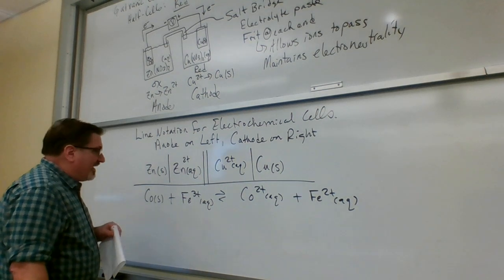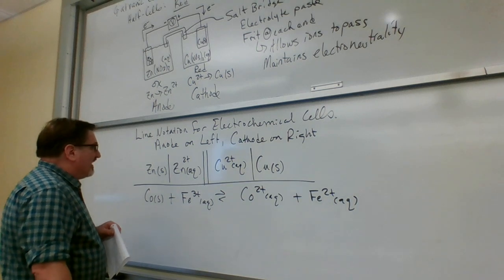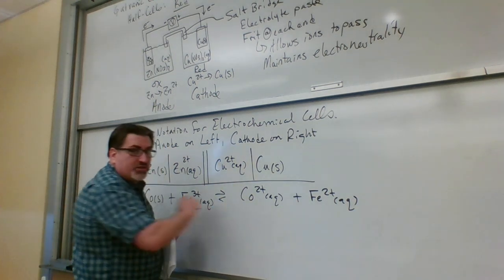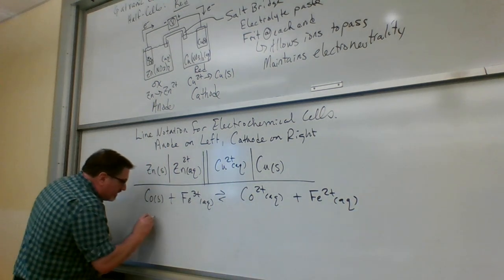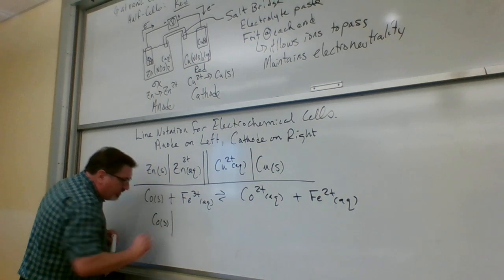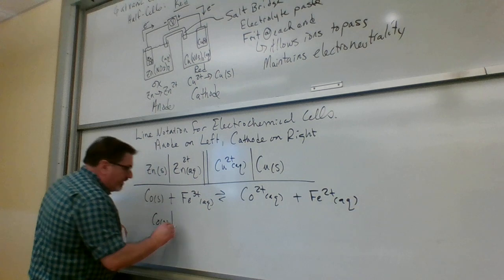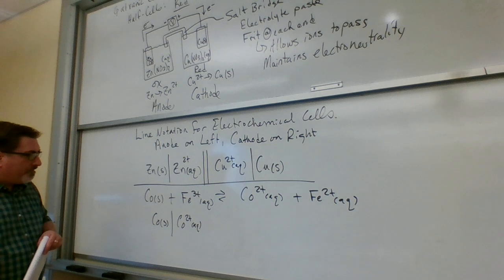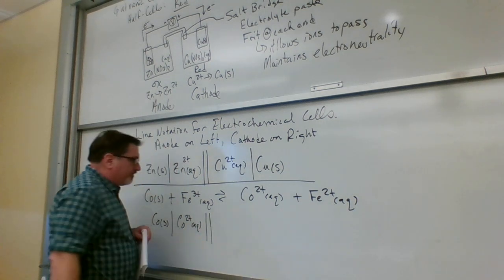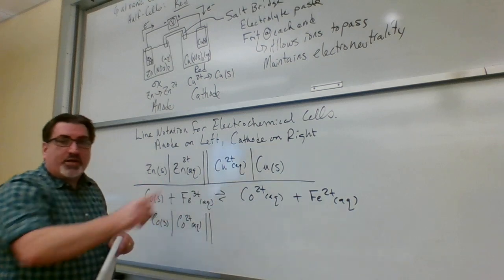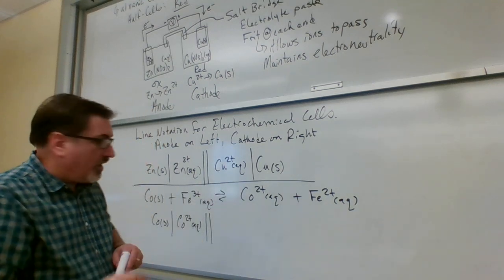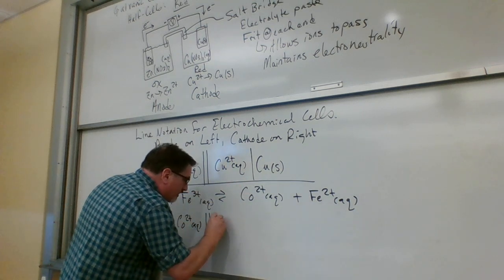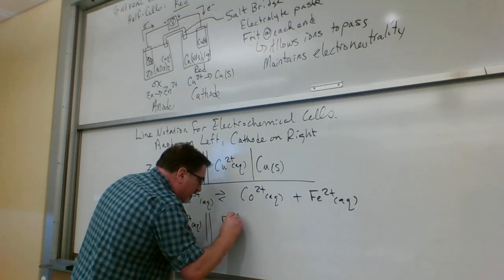So when we draw this line diagram, we have to find out what's getting oxidized. The cobalt's getting oxidized. It goes from 0 as an element to 2 plus. So Co as a solid, and then a phase boundary to Co2+ aqueous. And then our salt bridge. Now we have 2 ions. We don't have a solid involved on the right-hand side of our diagram. So we separate our 2 ions with a comma. Fe3+ aqueous,